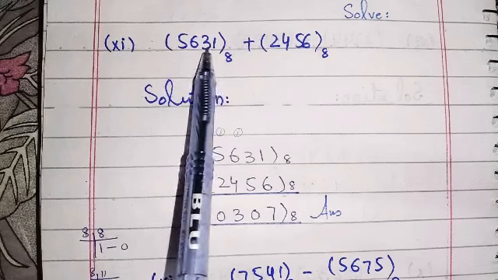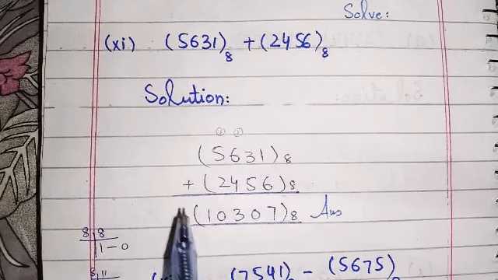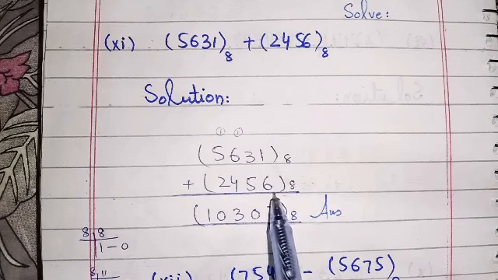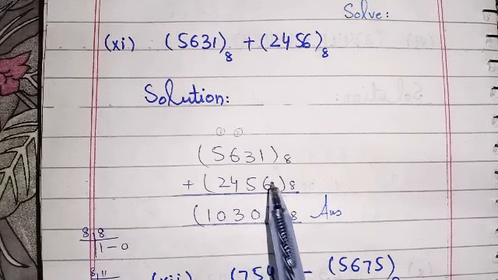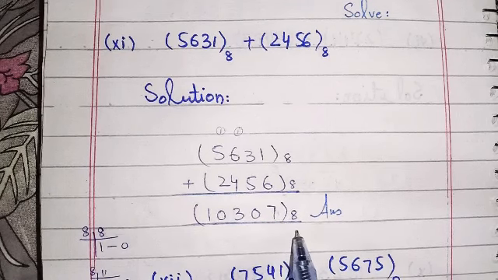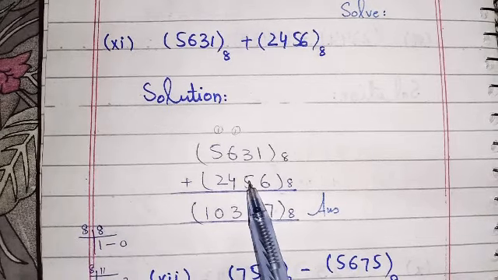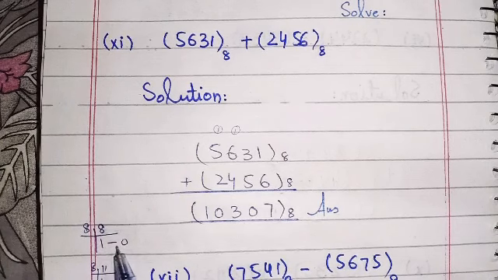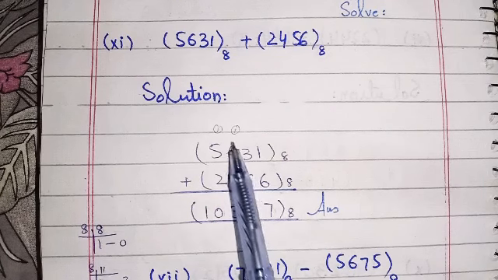Our numbers are 5631 with base 8 plus 2456 with base 8. Now we have to add both values. We will write our first number as it is and we will write the second number starting from right towards left. Now when we add 1 plus 6 we get 7. We will write 7 as it is because 7 is a digit of the octal number system. Now when we add 3 plus 5 we get 8. We cannot write 8 as it is, so we will divide it. After the division, 1 is our quotient and 0 is our remainder, so we will write the remainder here and 1 quotient